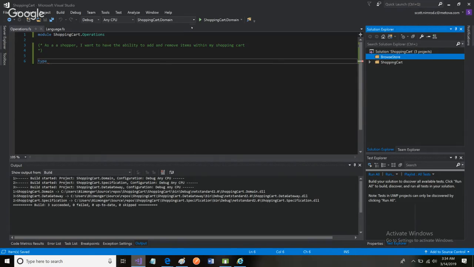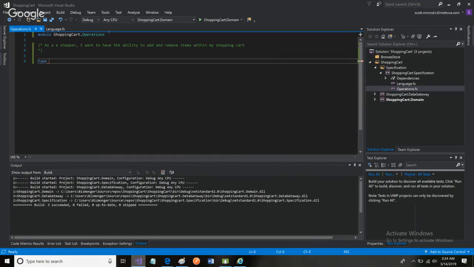But there's a difference between browsing, where you're observing items that you can purchase, and then the action is to add items to your cart. So